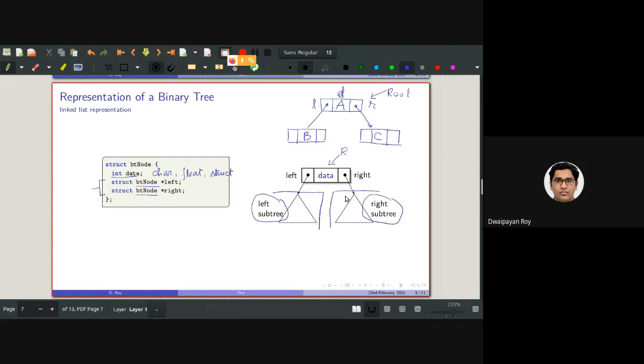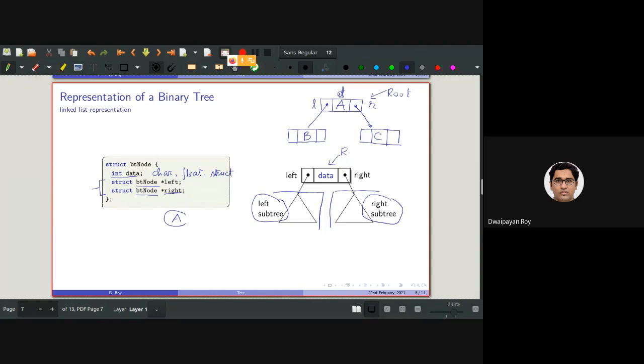And in the right subtree, with the right pointer, it will contain the address of another binary tree, which is basically the right subtree of this tree. So with an example,